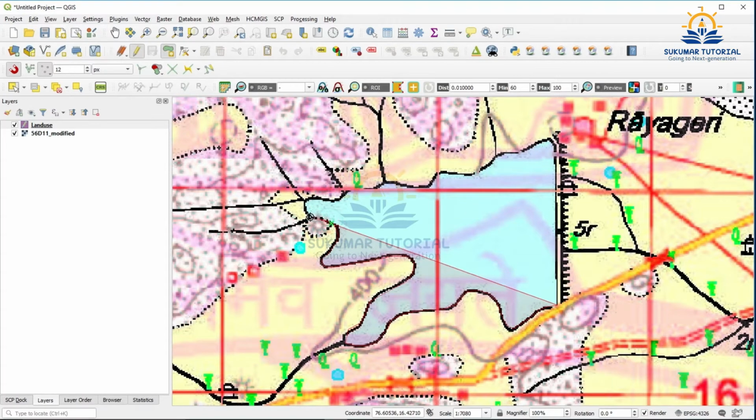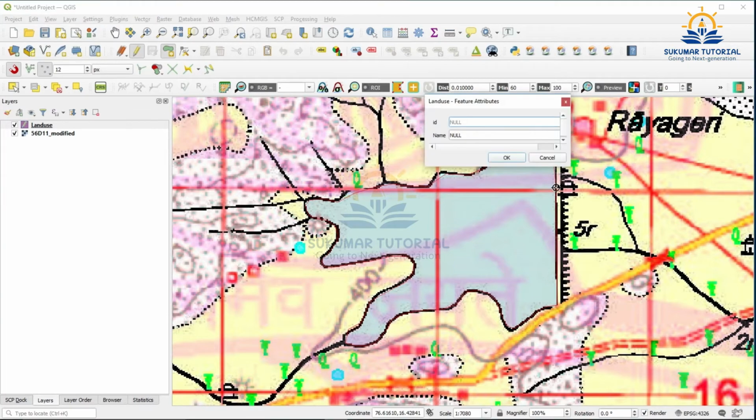Where there is a closed curve, you have to give more points and then move. It is almost a straight line here. So I have to click the left button, then the right button. It is closed. It is asking ID. ID is 1.